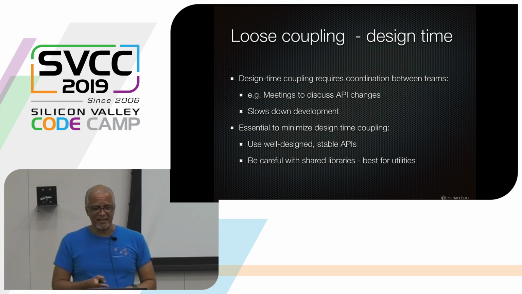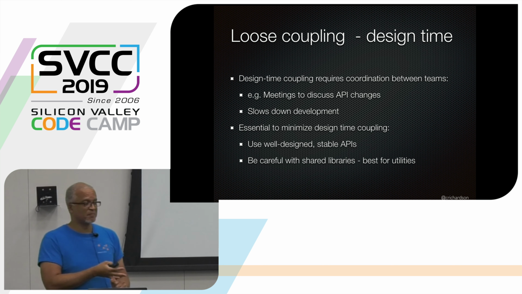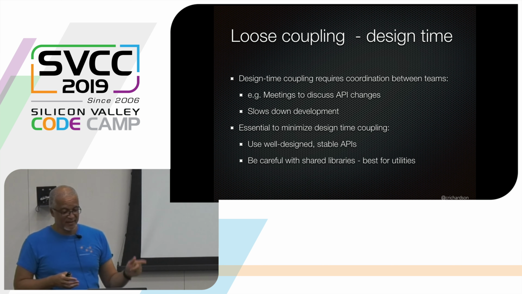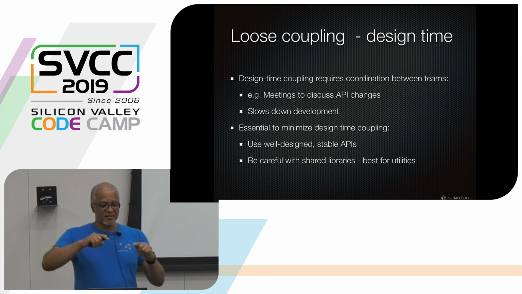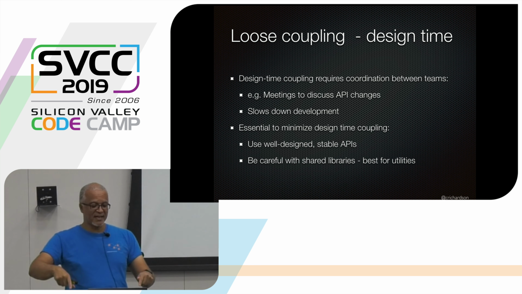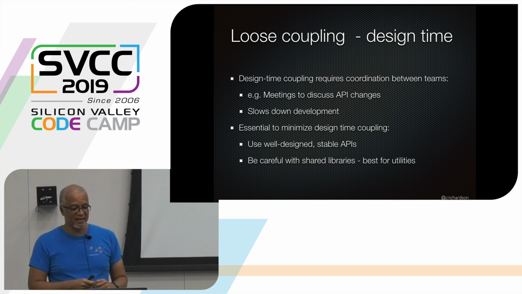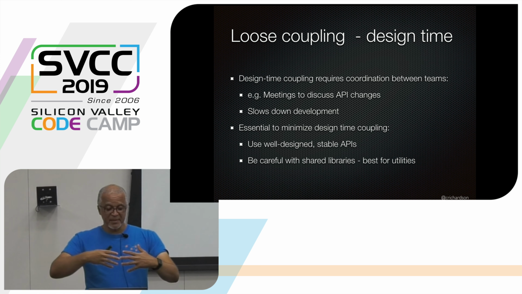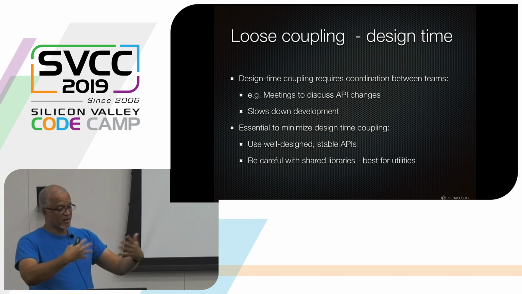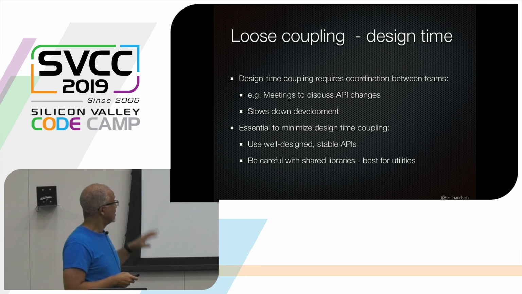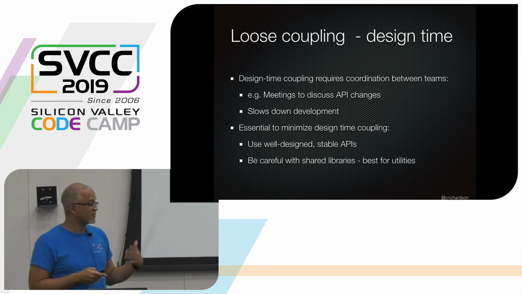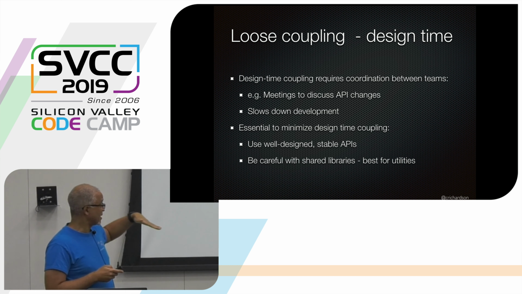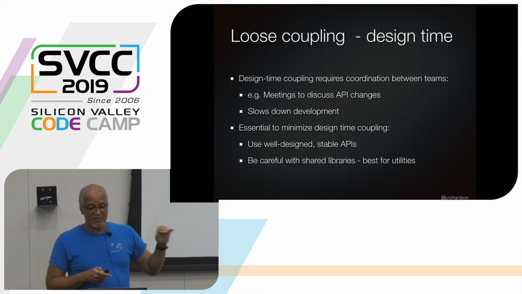Because you've got to plan meetings and you've got to find a meeting room, which, as far as I can tell, globally, there's never enough meeting rooms. And there is a statistic that says decisions that go outside of a team take 10 times longer than decisions within the team. So any kind of API changes which require coordination is quite problematic. So you want to make sure that your services have these well-defined static, or stable, APIs, and you want to avoid shared libraries as well.